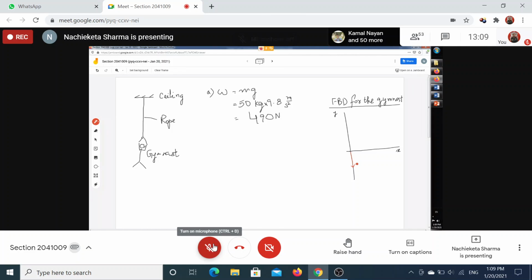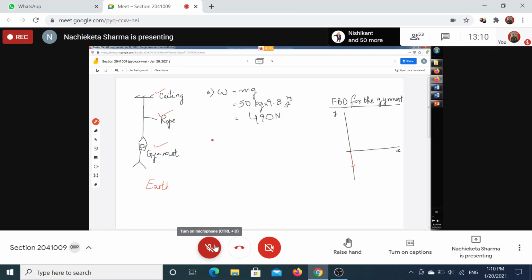Two? How many bodies? Actually, Sir, two. There are 4 bodies. One is ceiling, another is rope, third is gymnast, and fourth is earth, the invisible earth. Now, can you say how many forces are there? There are 4 bodies, and how many forces are there? Important forces, of course; there will be many forces. Even the ceiling is also being attracted by earth, but basically, you see the gymnast is being pulled by earth.